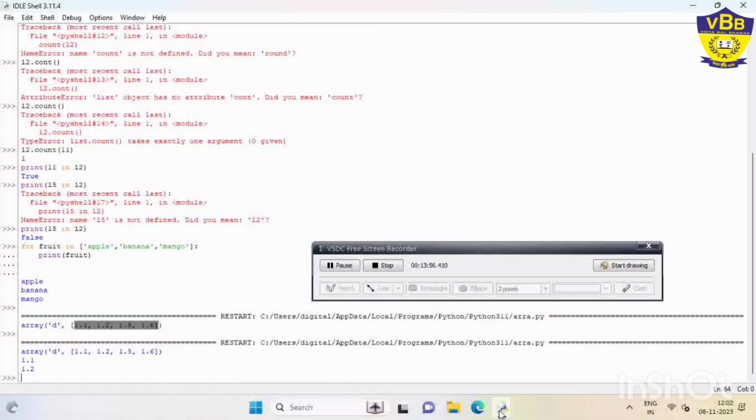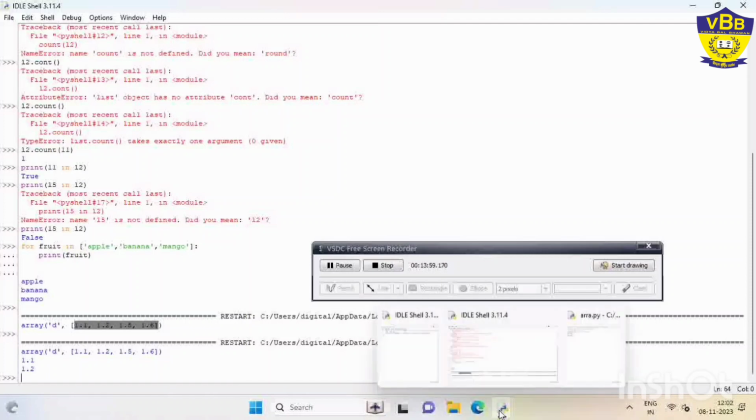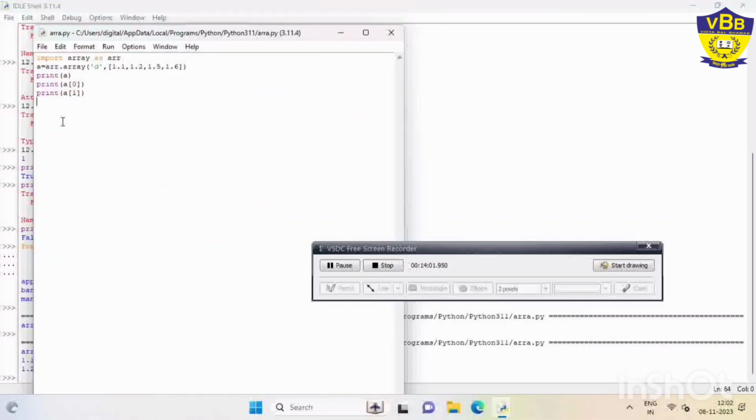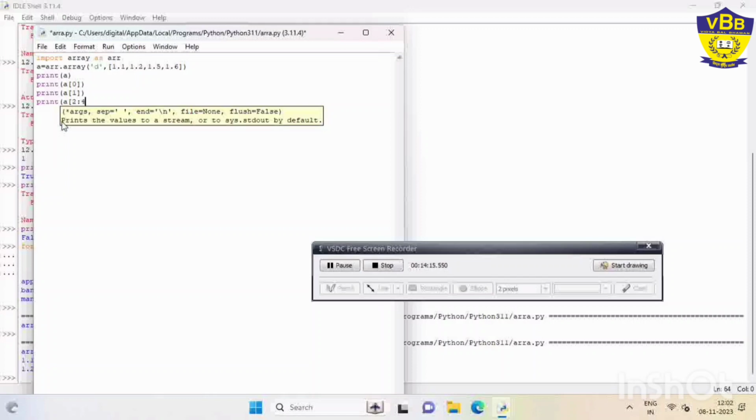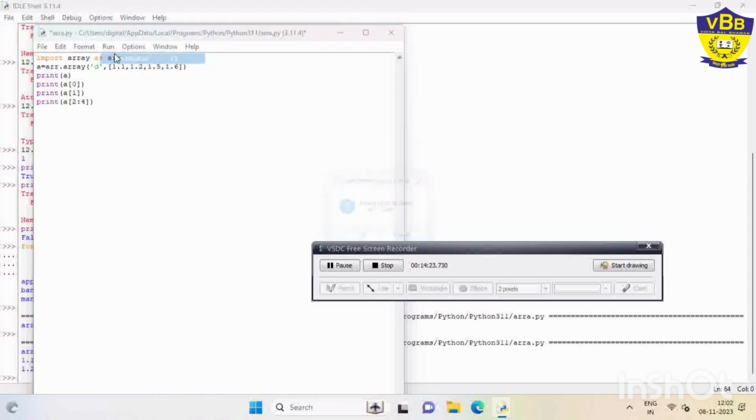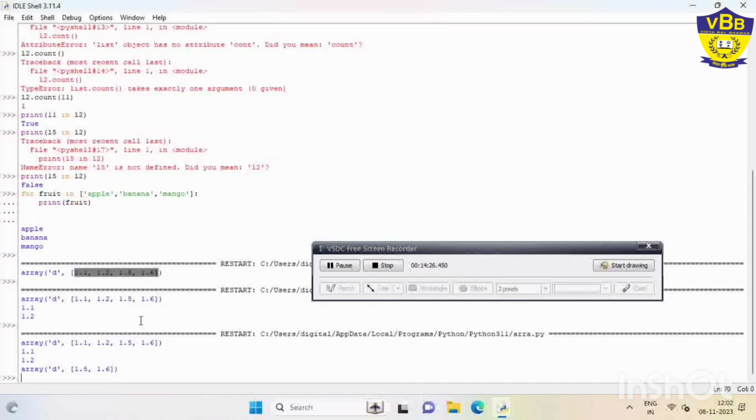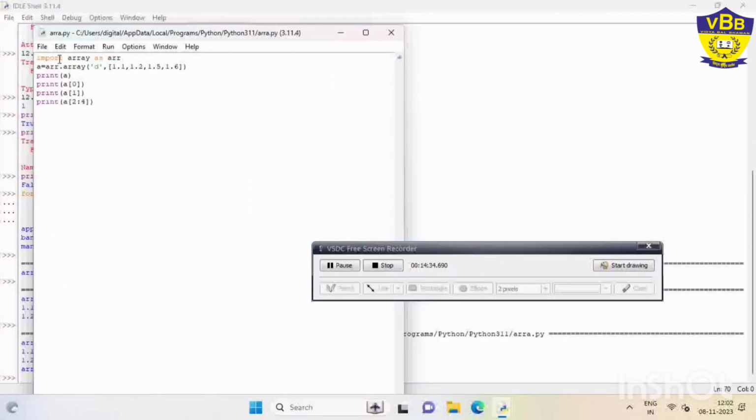The next concept is slicing of array elements. How to do the slicing? The slicing concept is the same. You have to mention the start value and the end value, and it will print those values. Suppose I write here print A of slicing, starting with any of the numbers. Suppose I want from the second index till the fourth one. I will put the colon there, add one more bracket, close the print function, and run the module. You will see that it shows the elements of array A, D 1.5, 1.6, because we have made it.